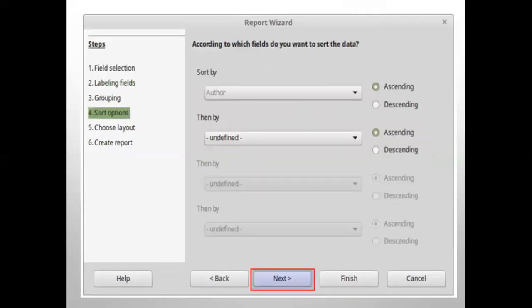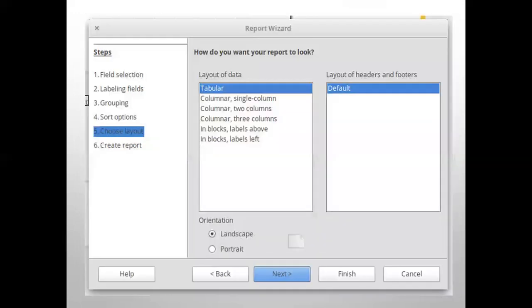Here you have the step according to which fields you want to sort the data. Here you can just click on Next. This is only for sorting the data, so it is already marked. Just click on the Next button. Then choose the layout for the table and the orientation.